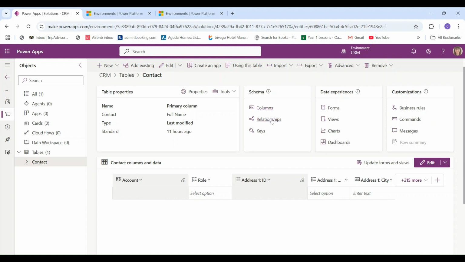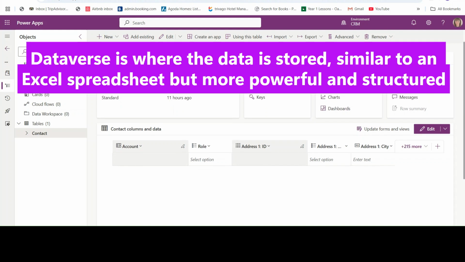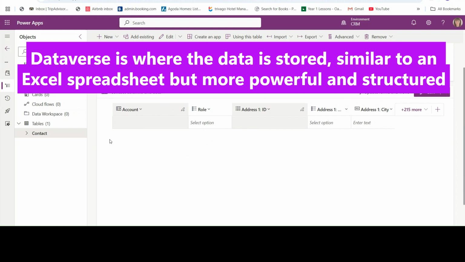We also have relationships, and relationships is where one table relates to another because it's a relational database, but we're making this a very straightforward one table CRM system, at least to start with. Okay, so the things that we'll be looking at are the forms area, the columns, and the views, at least initially. Okay, what you can see at the bottom here, this is the Dataverse table, and there's nothing in it